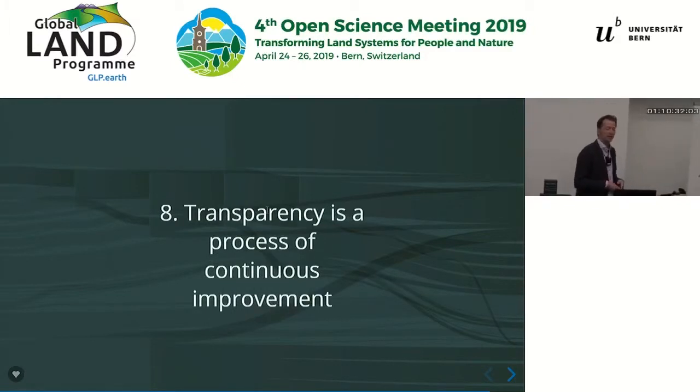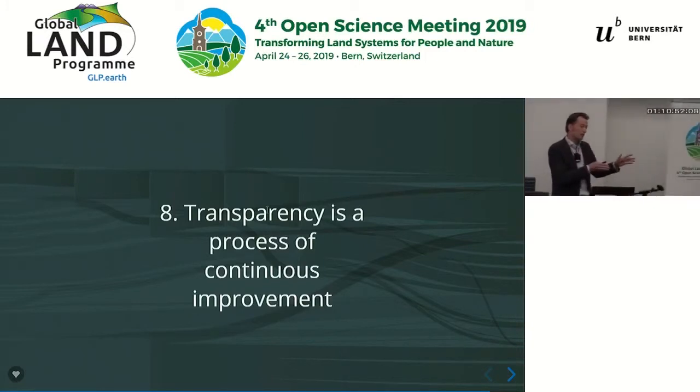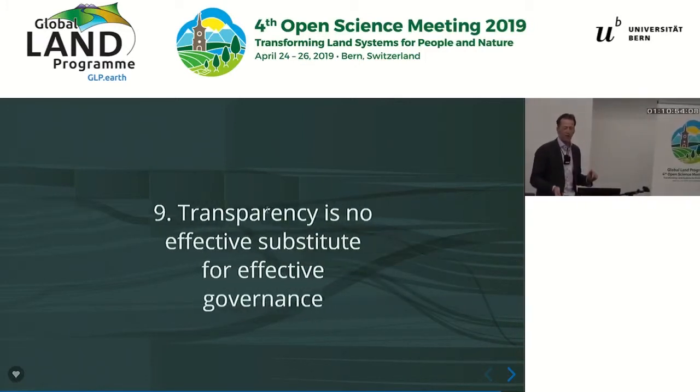Transparency is a process of continuous improvement. And one of the most powerful reactions that we've got from people is that this gives an opportunity to continuously shift the burden of proof. Historically, it was necessary for campaigning organizations to point the finger and say, you're connected to this impact, we found you out. Now, Trace allows you to say, you're plausibly linked to this impact, tell us how you are not.